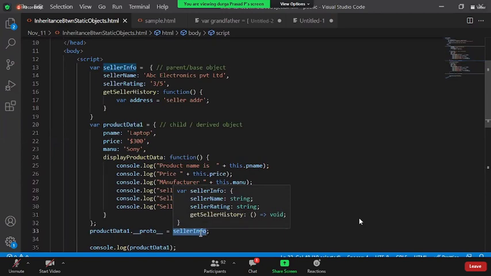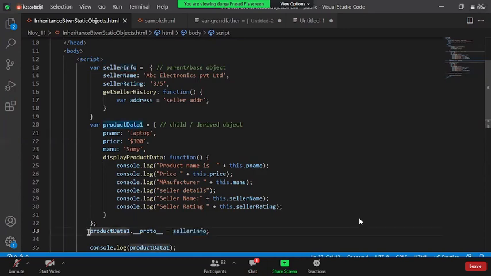Just by the way it is inheriting, we say which is parent and which is child. Suppose the second one is the child and the first one is the parent. If you want to change it so that the parent becomes child and the child becomes parent, that is also possible. Yes, it is possible. Okay, sir.